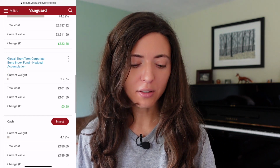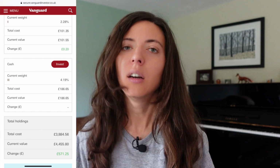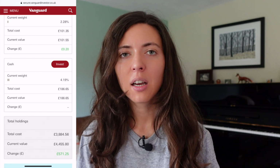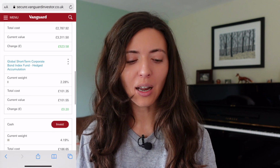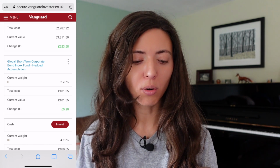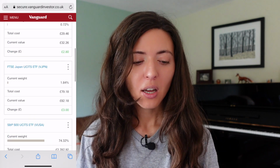Well, I also have some cash, and cash is 4%. It's relatively high, but it's because I am planning to invest this money every week for the next 4 weeks into S&P 500. So what I'm going to do now is I'm going to get rid of the Global Short-Term Corporate Bond Index Fund. I'm going to get rid of the Japanese fund and